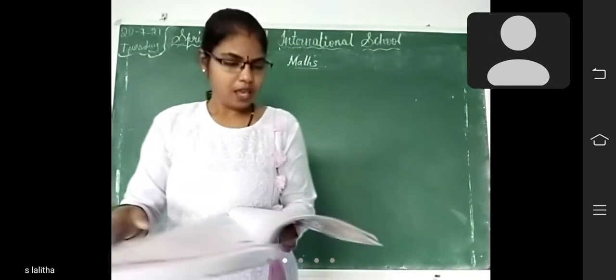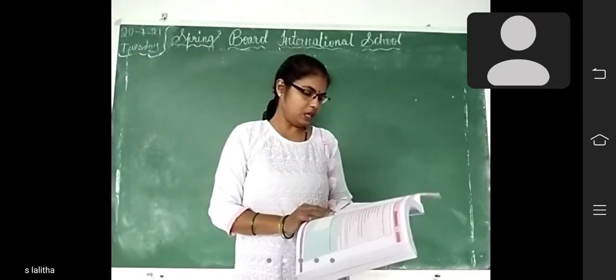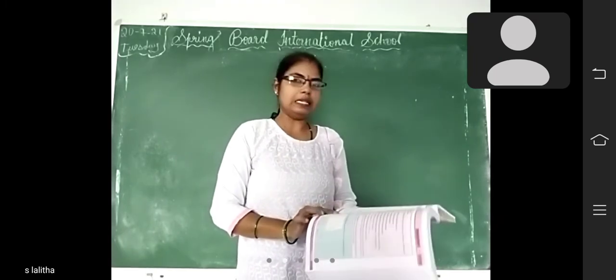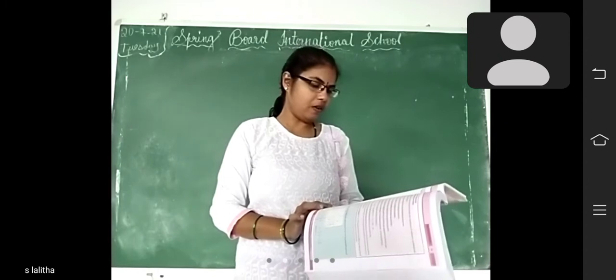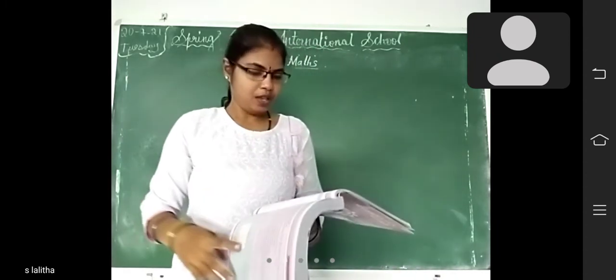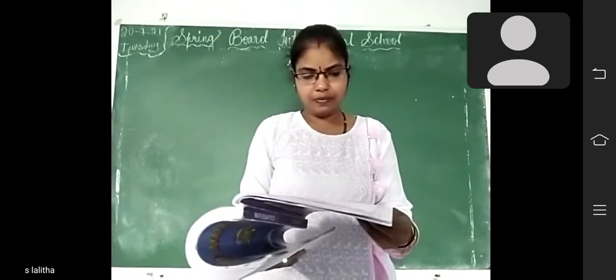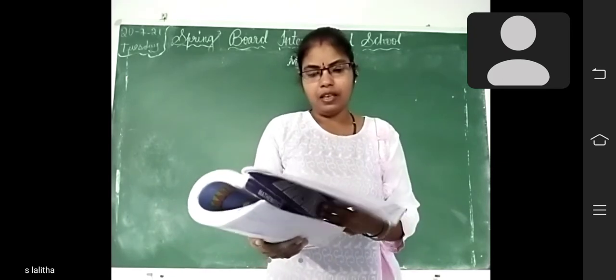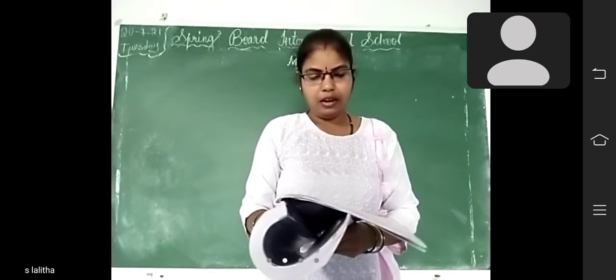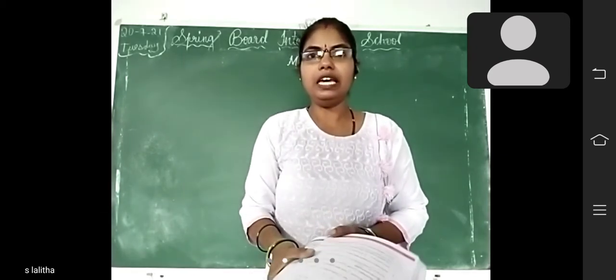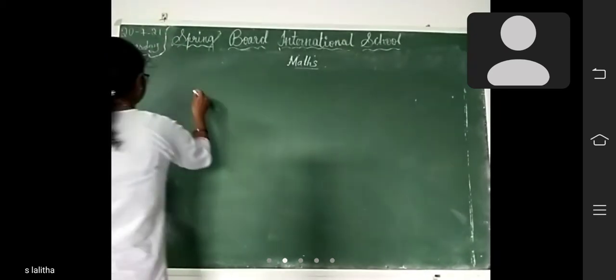Next question, please children, 10th one. If 36 trousers of equal sizes can be stitched with 64 meters of cloth, what is the length of the cloth required for each trouser? So for 36 trousers of equal sizes required 64 meters of cloth. So you have to find length of the cloth required for each trouser. Okay. So how you have to find